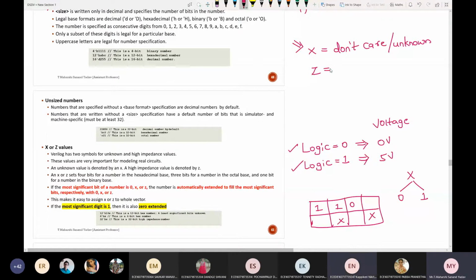Next, coming to Z. Z is called high impedance. Already I've discussed impedance and resistance. In the first class, I told you the difference. What is impedance and what is resistance?